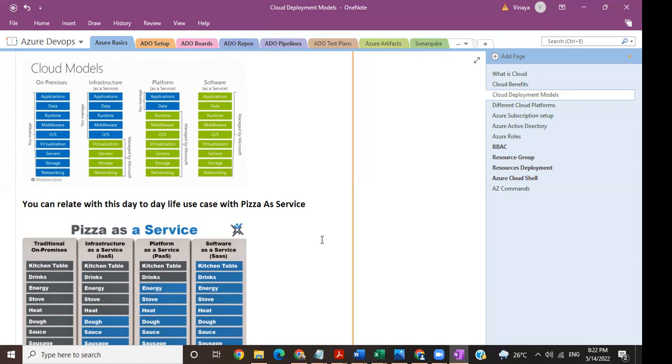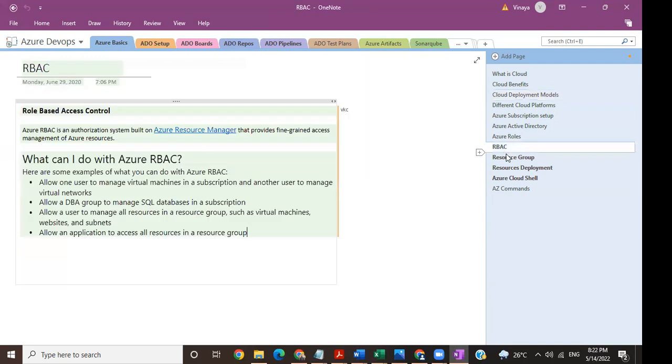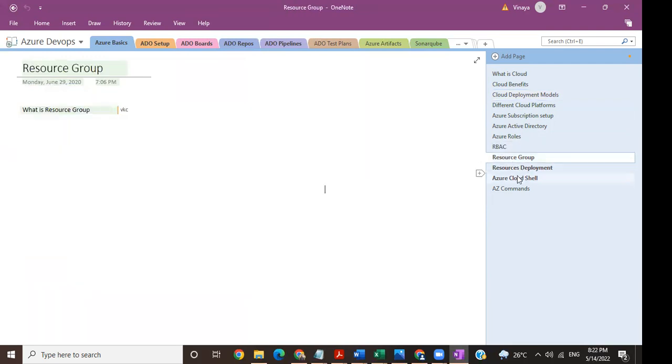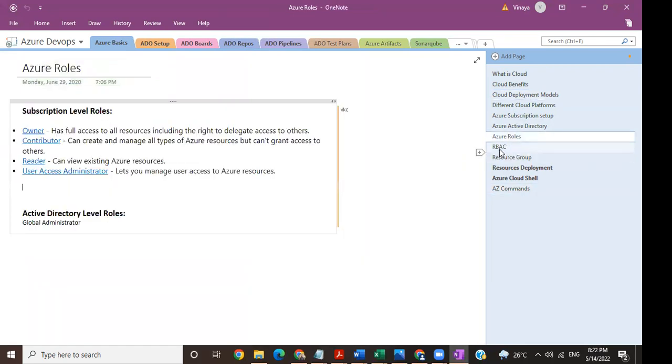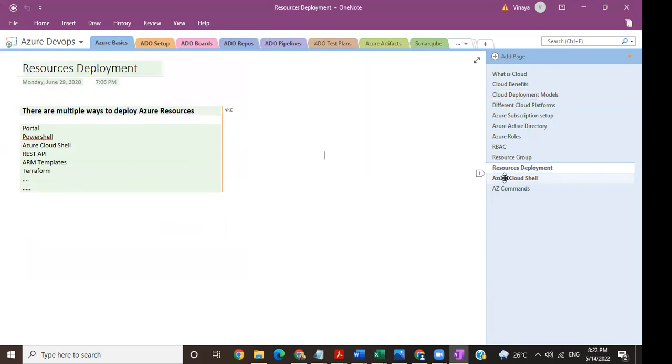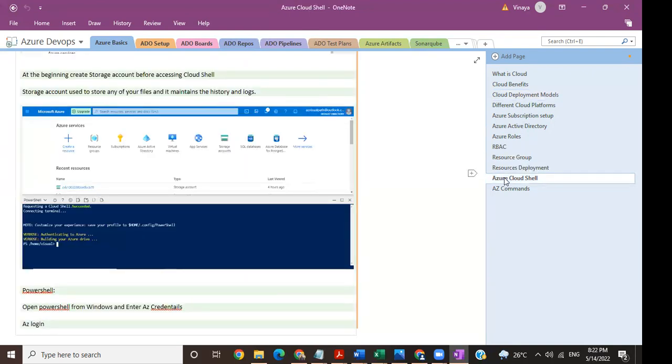And also I will help you in setting up your Azure subscriptions, even the Azure DevOps subscription, all those things. Right. So we'll understand what is RBAC, what is a resource group, how the AZ commands work. All those things we are going to cover in this particular course. I know this course is not only for Azure, it covers Azure DevOps, Azure Kubernetes, Docker, and Terraform,